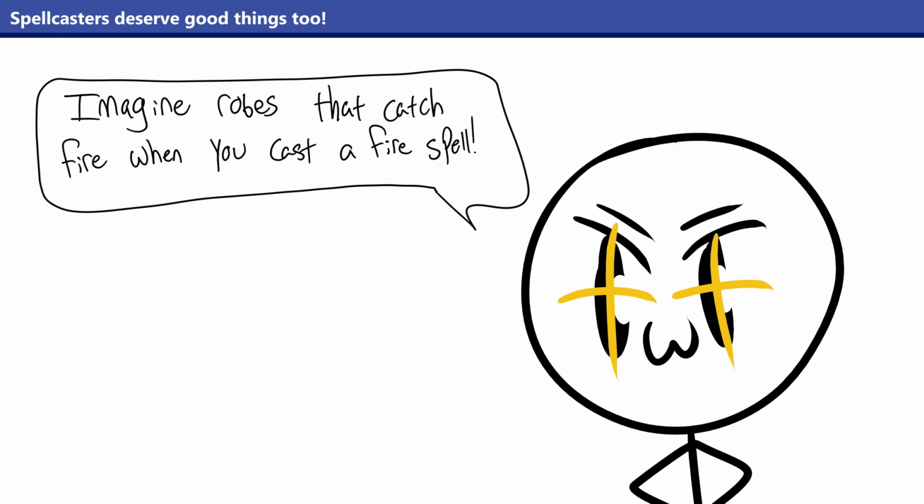Just as a quick aside, my other complaint about special materials is that Paizo has basically just catered to martial characters so far. I mean, yeah, it's obvious that stuff that makes weapons and armor more interesting is going to predominantly be important to people who use weapons and armor. But there's a lot of unexploited possibilities here for spellcasters. Like, what about a special type of wood or metal that makes particularly interesting staves, or some cloth that responds weirdly to magic that makes robes made out of it have special properties? There's a lot of fun possibilities there,